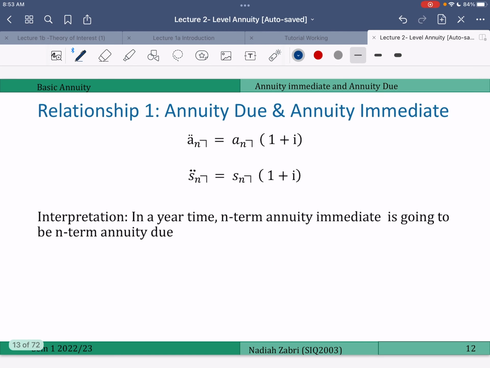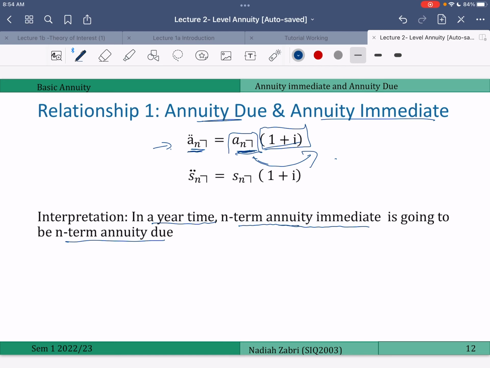And another relationship between annuity due and annuity immediate is as follows. Annuity due is annuity immediate 1 year from now. When you accumulate an annuity immediate by 1 year, when you multiply, you are accumulating by 1 year, right? So you will get annuity due. So the interpretation of this relationship is, in 1 year's time, an n-term annuity immediate is going to be an n-term annuity due. For example,